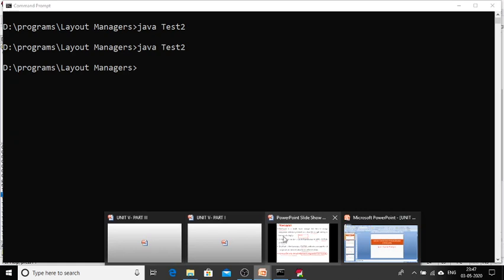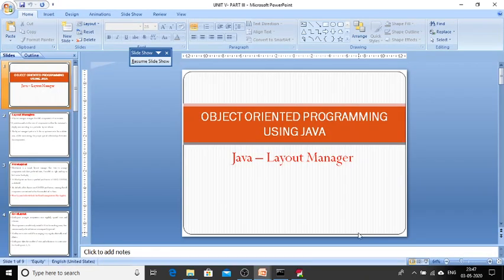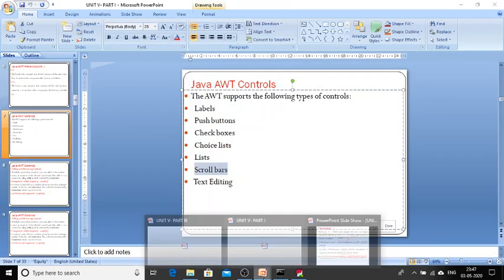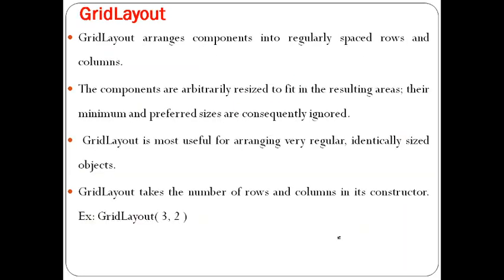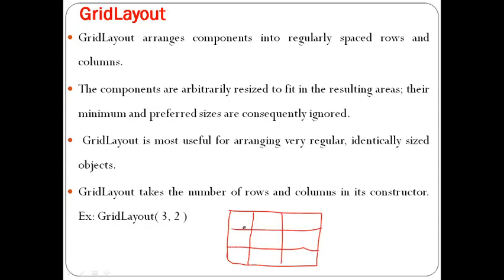So the next topic we are going to discuss is grid layout. So for example, if you want to develop a matrix kind of shape, like this, if you want rows and columns, for example here I have three rows, three columns, and each and every cell wants to have one particular component. If you want to arrange the components in this fashion, for that we will use a layout called